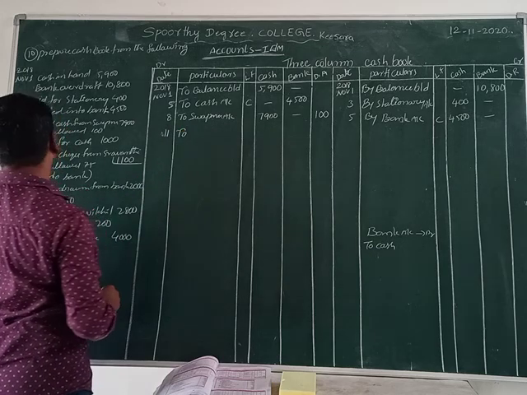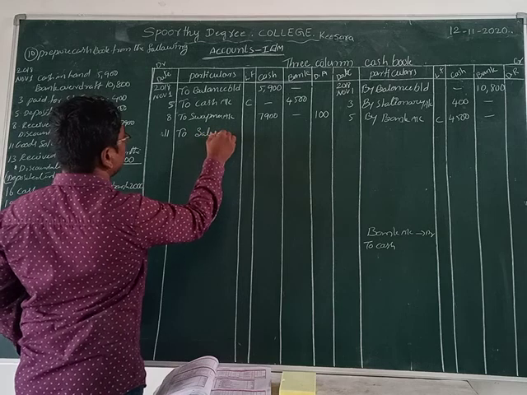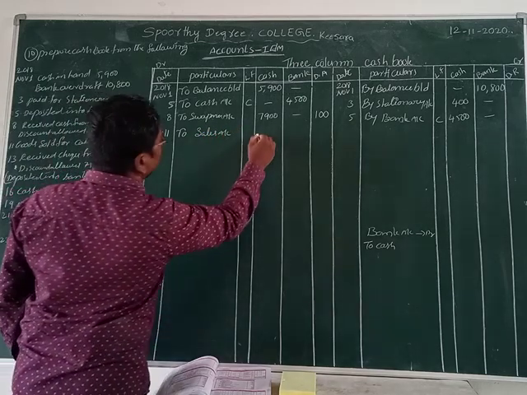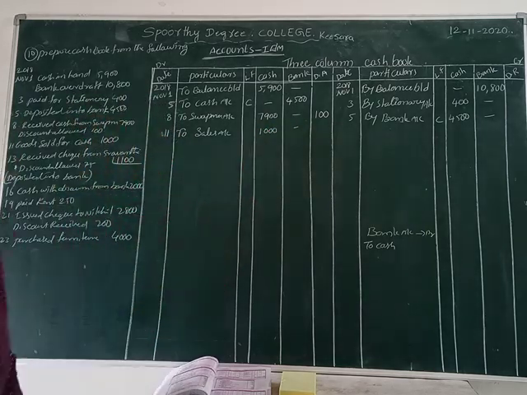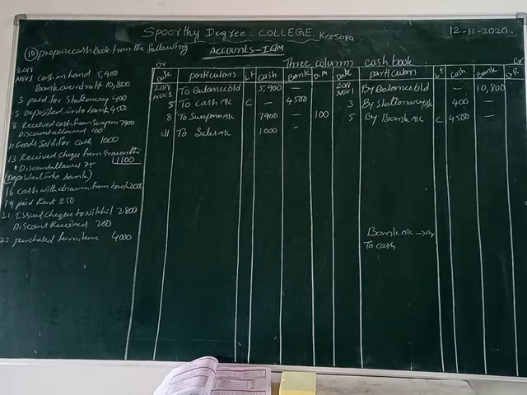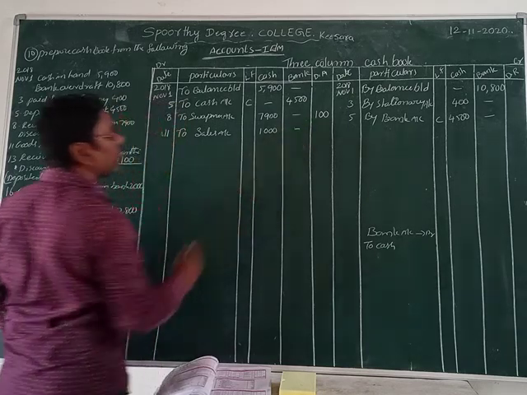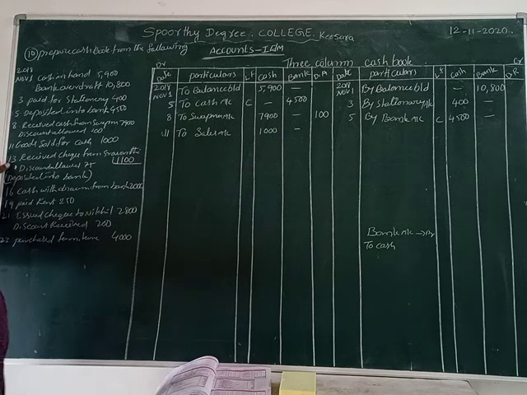How can we record that? To sales. Sold means what here? Sales account. What is the value of sales here? 1000 rupees in the cash column. So cash goes out of the business, then we record into the cash column. What comes in the business, you record into the cash column. 1000 rupees is there. Okay, next one, 13th date.